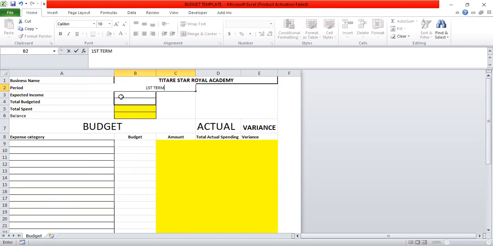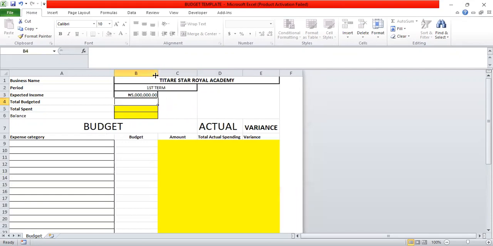We are going to put it there. Now, what is our expected income for first term? Maybe we are expecting 5 million. Now I said you can increase the size and reduce the size for everything. And now, how much are we budgeting for out of the expected income? Maybe we are budgeting 2.5 million